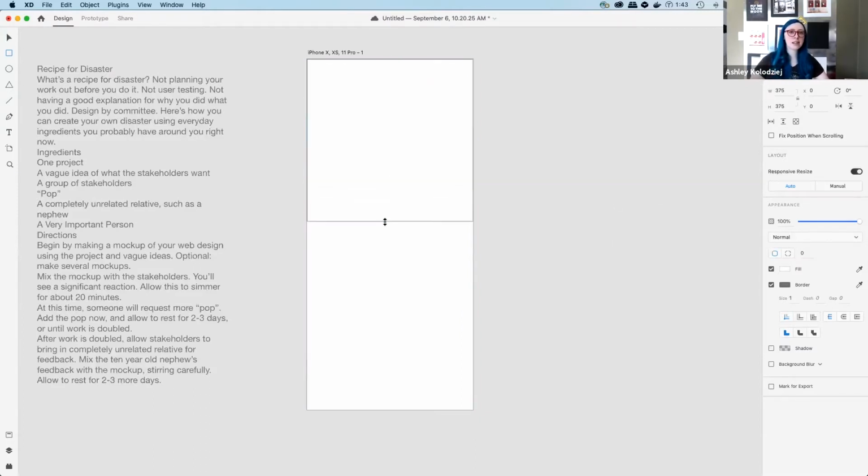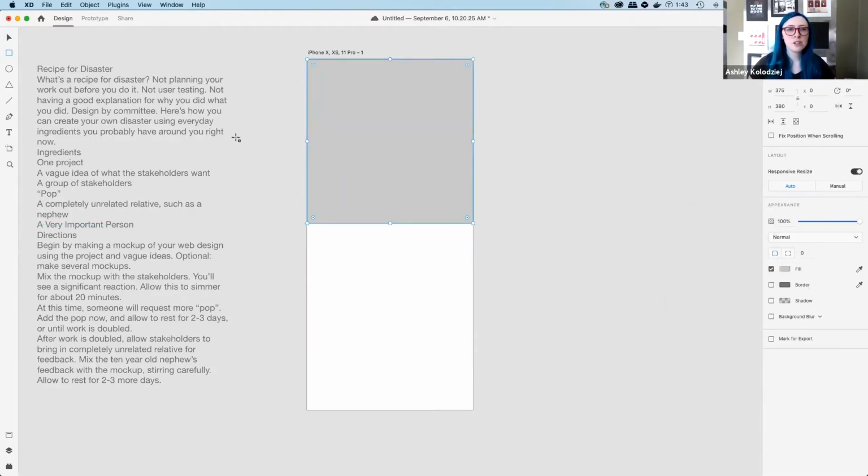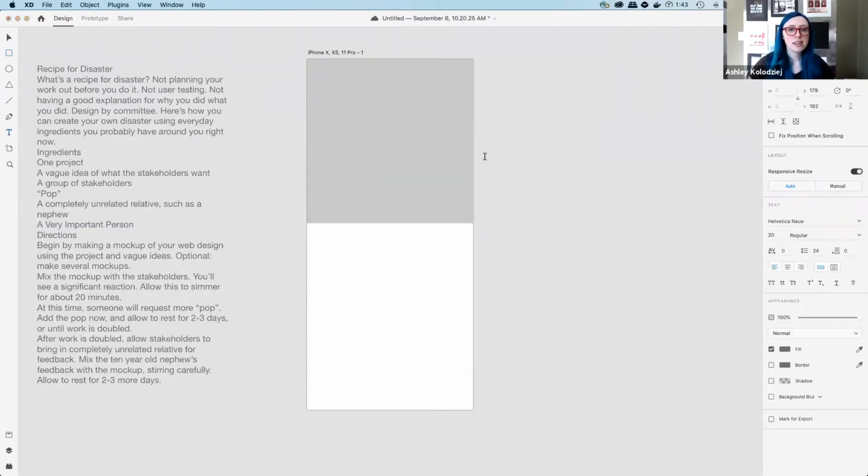When I think about this and I imagine how I want people to encounter this content, I'm thinking that I want it to be really large because it's high priority, and I want it to have some sort of background to set it off a little bit. So I'm just going to quickly go through and take off the border and just have this really nice straightforward image here. And let's see if we can put in recipe for disaster right up here.